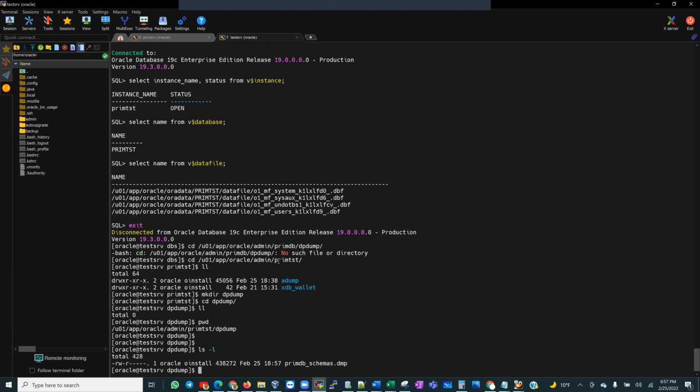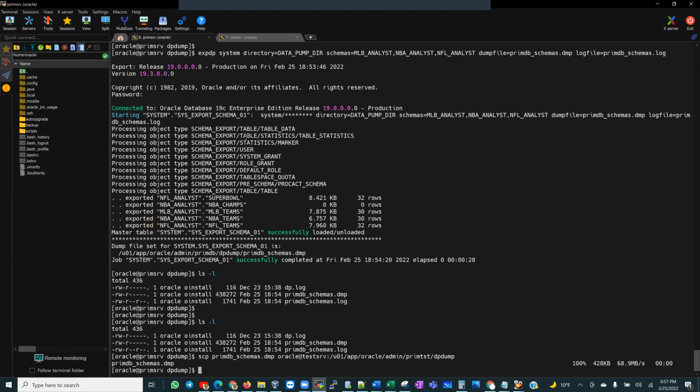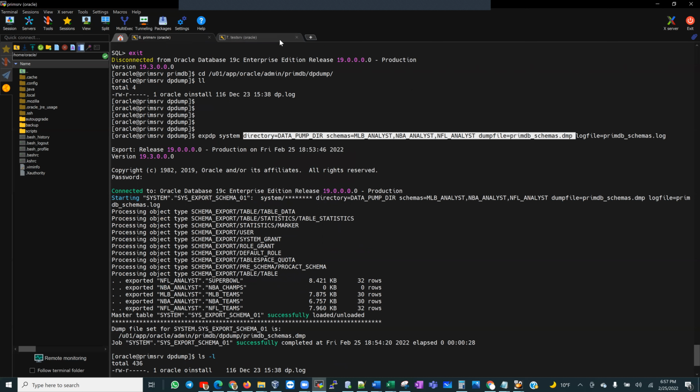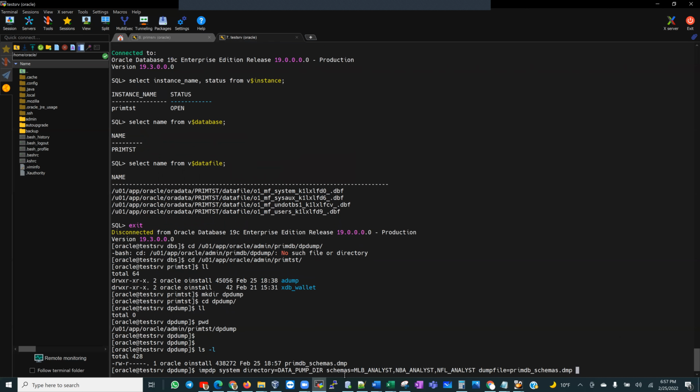Yay, so that's good. All right, so since we have it in there, let's use an IMPDP, same thing, system, directory. I can just copy some of this here, since most of it is going to be the same. Schemas, dump file. Up to this point is going to be the same. Log file equals, and I could do .log. I can just add imp just to make it a little different. .log, and then I want to add a table